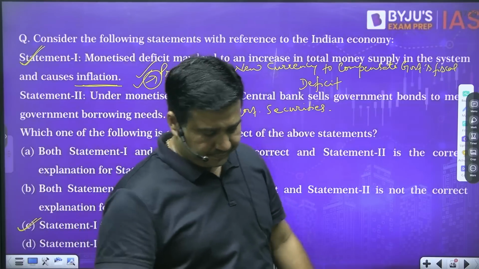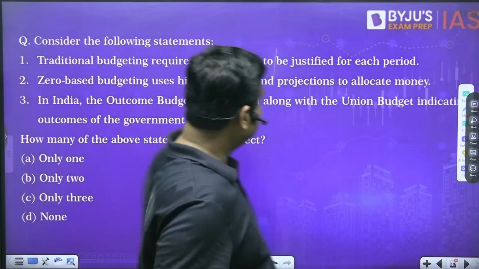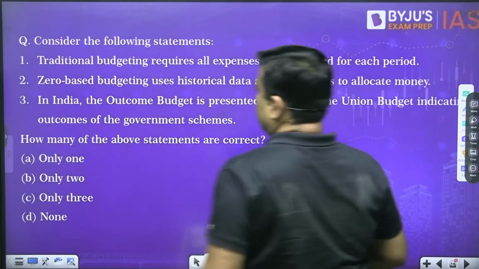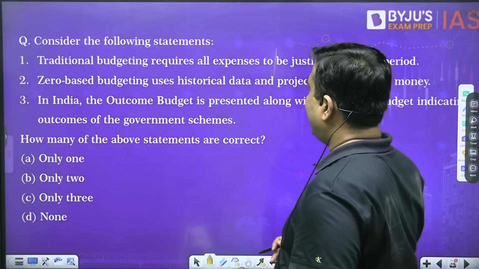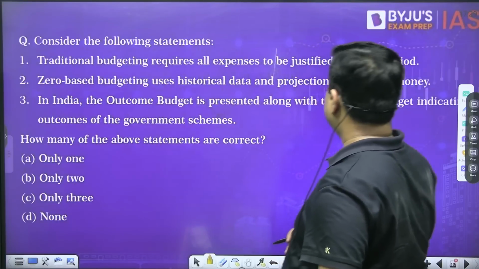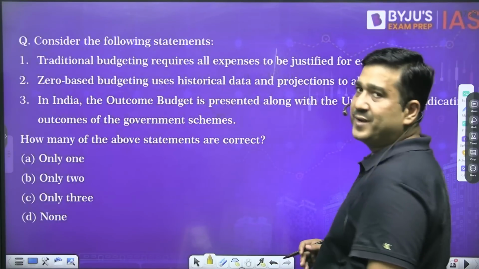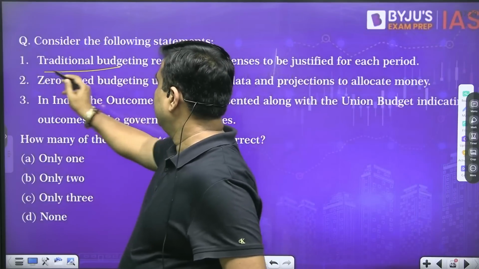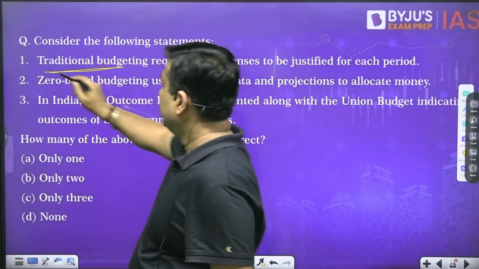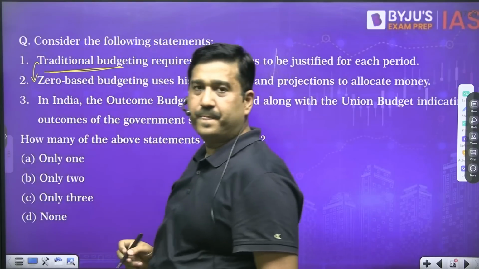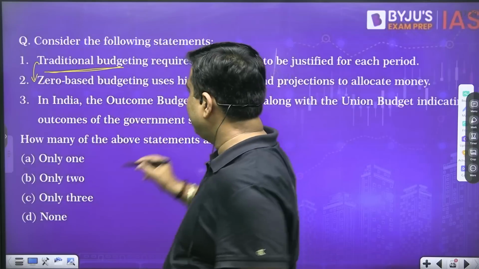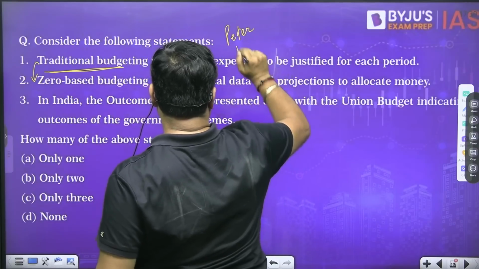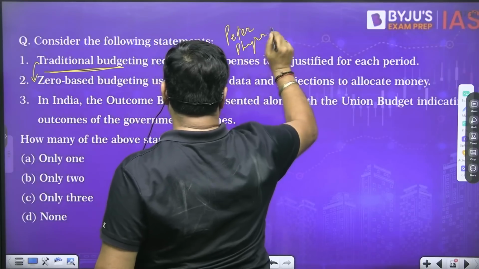Now next question. Consider the following statements. Traditional budgeting requires all expenses to be justified for each period. This is not traditional budgeting. This is called zero-based budgeting. Zero-based budgeting, which was introduced by Peter Pyhrr,